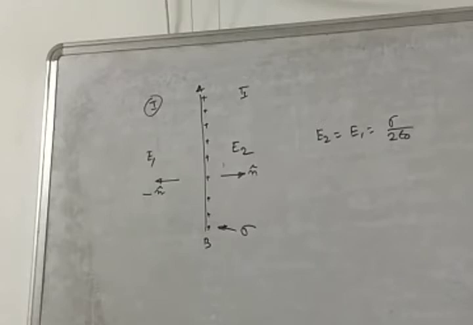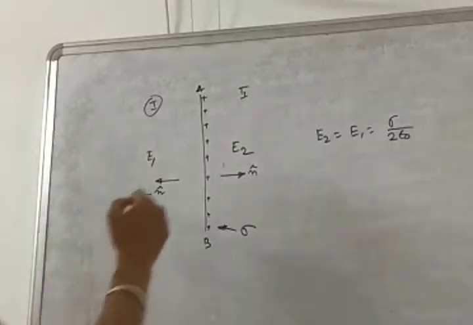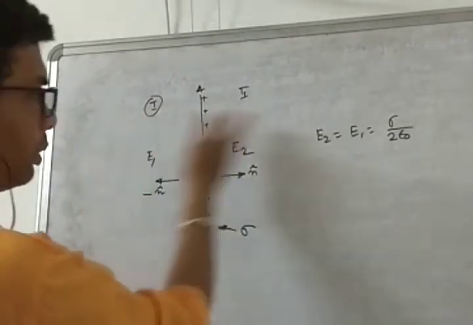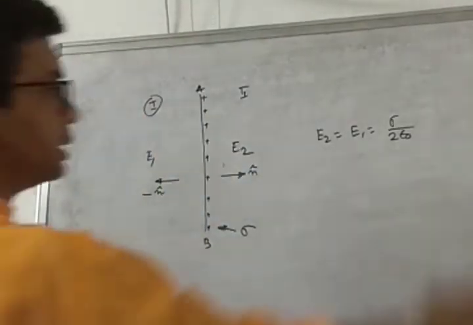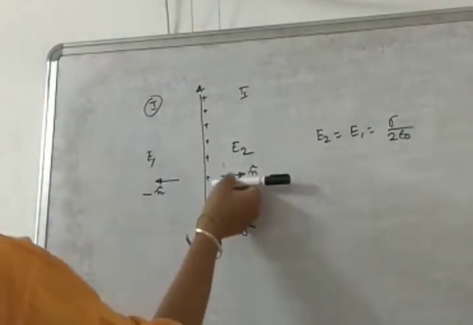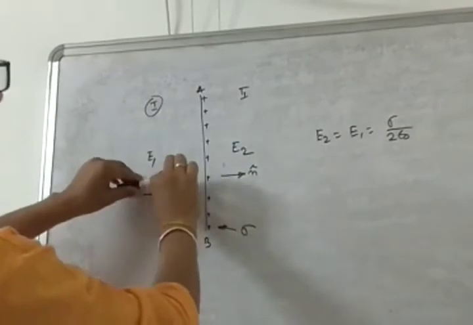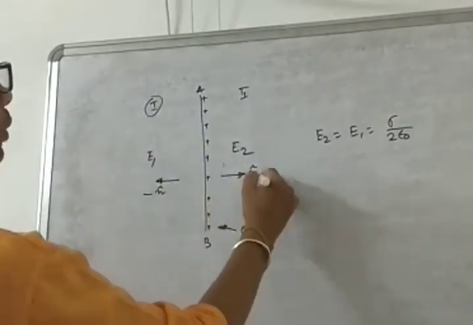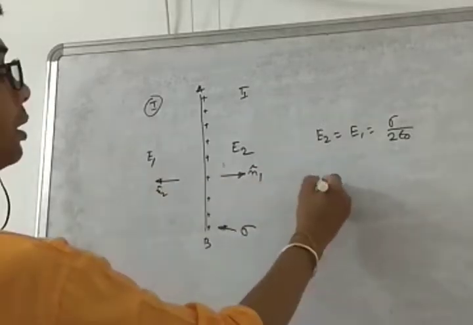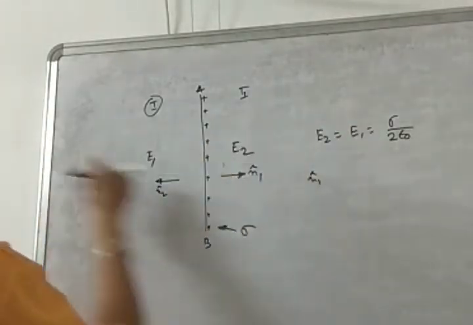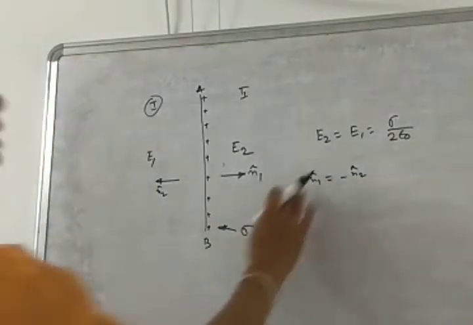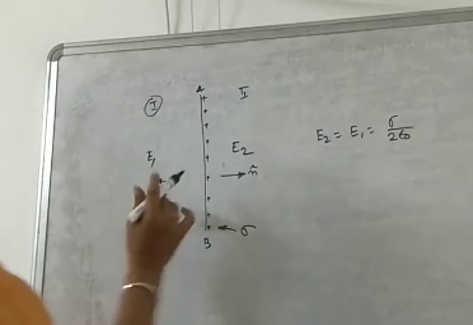Then this side electric field is E2, this side electric field magnitude is E1, and from our earlier discussion, the result is sigma by 2 epsilon naught on both sides. Now normal direction is N in this side, and this side we can say this is N1 and this is N2, and we know N1 along this side, N2 along this side, so N1 is equal to minus N2. For this reason, we consider this is N and this is